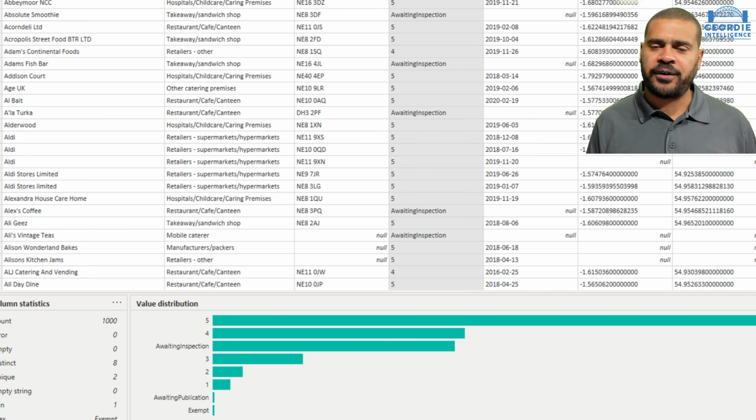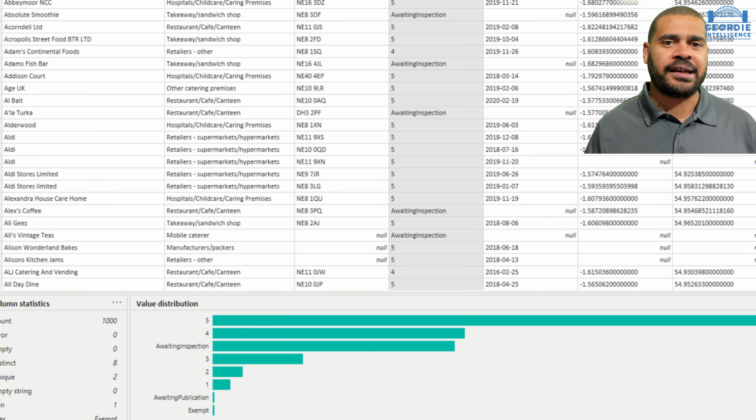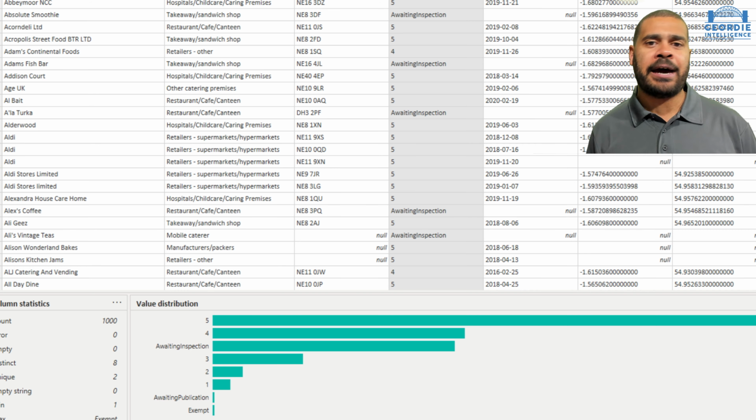We could choose different values for these. So we could choose to put a 0 or a -1 in for exempt or something like that. But what we've been able to do is show that by tracking through those errors and understanding the meaning of it, you can actually extend your data modeling. And the data model is going to be that bit more valuable now that we've put in the right values. And we can suddenly start to look at what we get from here.